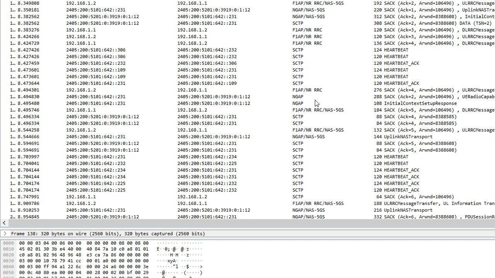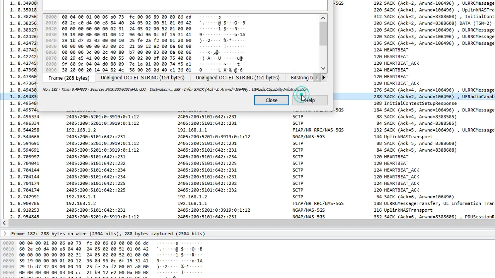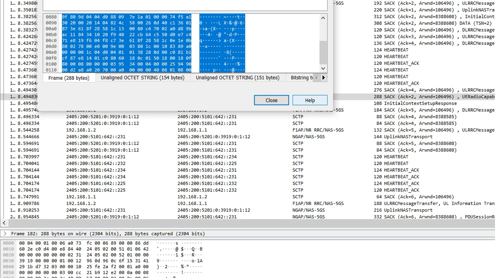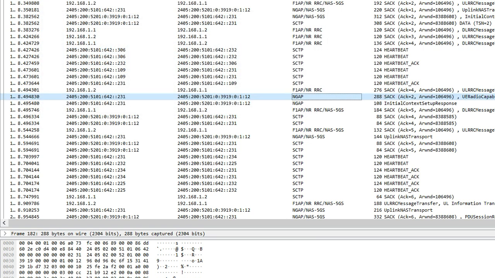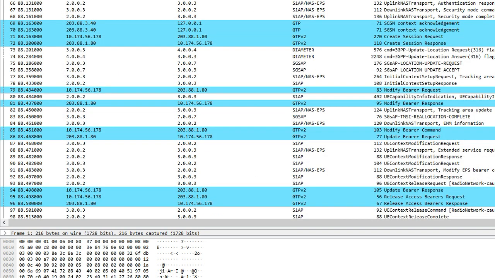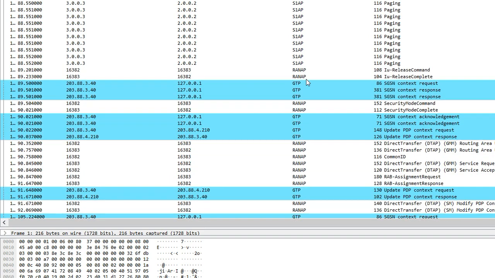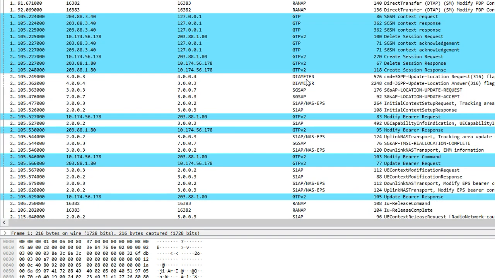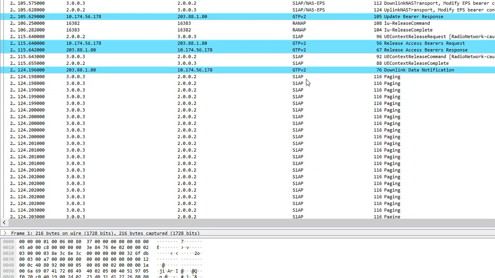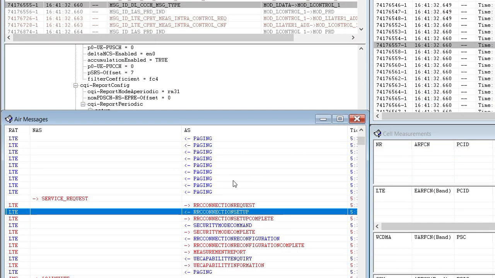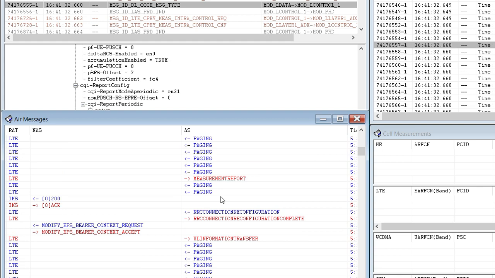So training will be totally based on tools. Side by side, our training will be like that: first we will cover the theory part, then we will discuss the theory part from a practical point of view. If we see those messages on the tool, then we'll discuss the test case along with that, and what type of issues we can observe in real time.